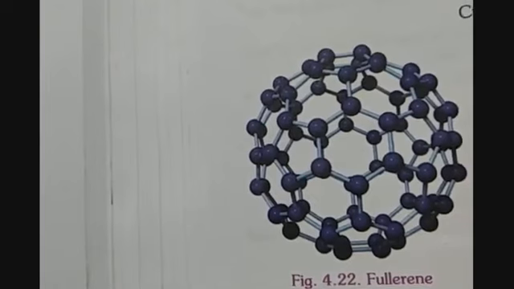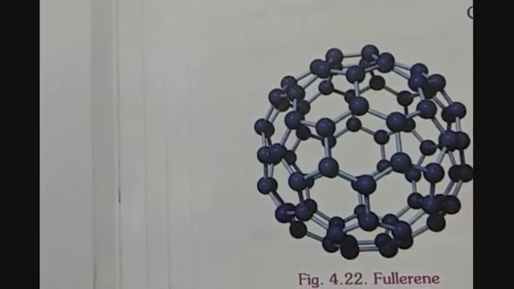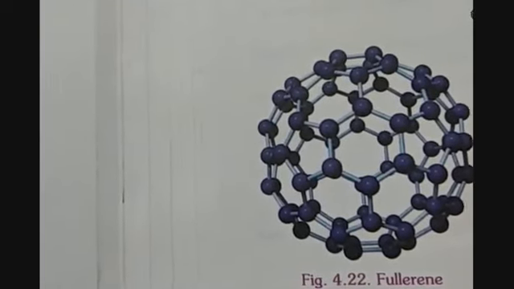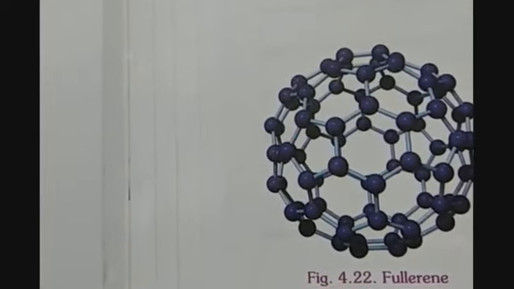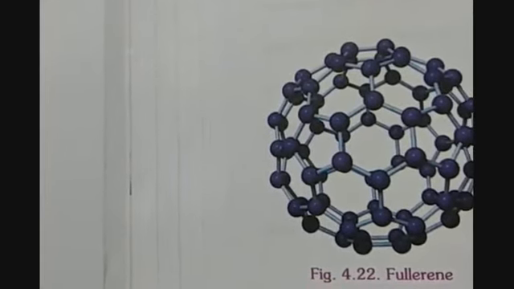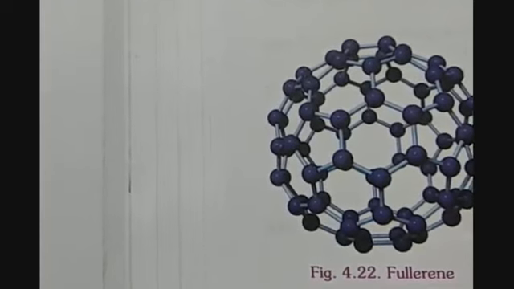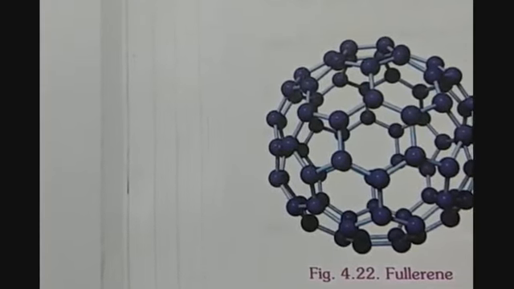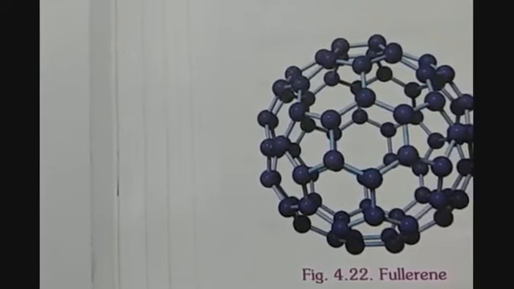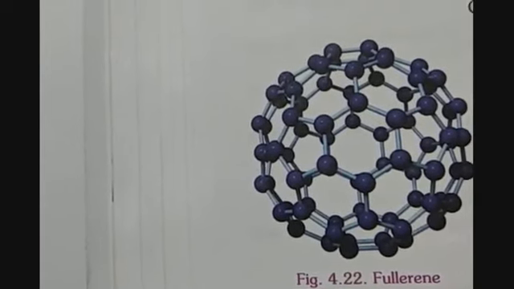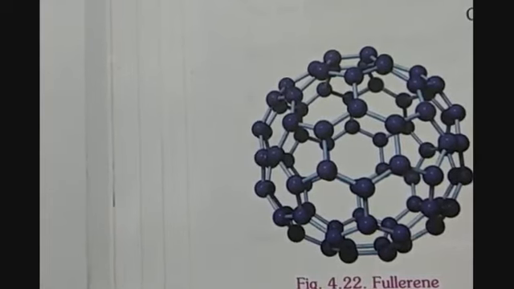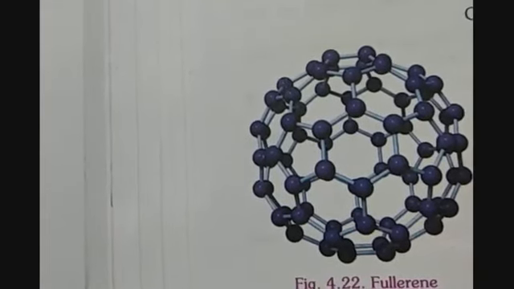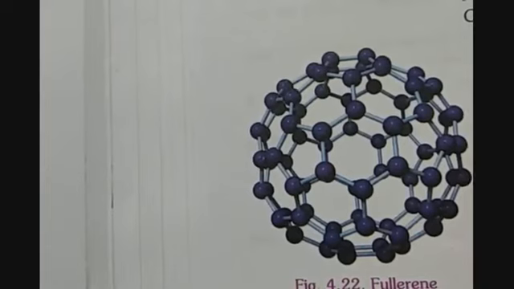Here you can see the ring formation by the carbon atoms. So 6 carbons are forming one ring, and these carbon atoms are further connected with 3 carbon atoms to form the rings, and hence it is taking the shape of a hollow football cage like structure. It is forming a football like structure which is inside hollow and it looks like a cage.